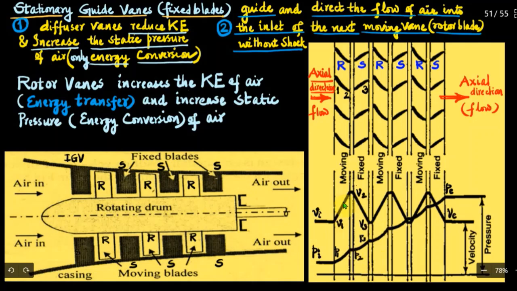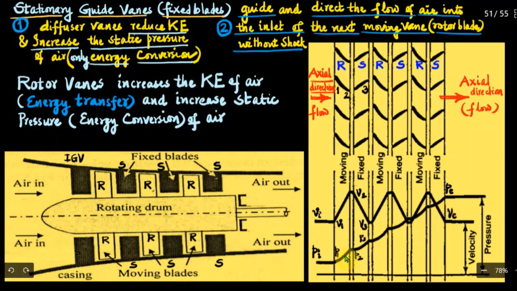Now consider this sketch, stage after stage. See the first stage, rotor vane, that is the moving vane, then fixed, then moving, fixed. So it is shown like that. And please understand, the pressure at the inlet is written as Pi, and that increases to P1, P2, P3 if these points are symbolically marked as 1, 2, 3. So for better understanding, I have marked 1, 2, 3 here. Therefore the static pressure increases from P1 to P2 at the inlet tip, and again in the diffuser it increases from P2 to P3, and likewise that continues for the remaining stages of the compressor also. One stage means one rotor stage and one stator stage, please understand.